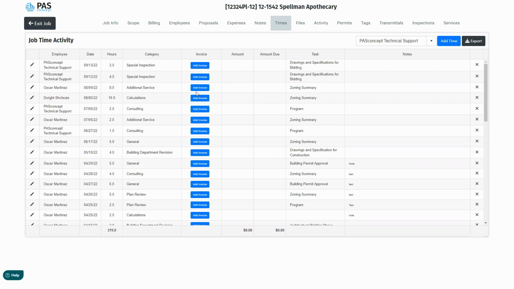Beyond that, of course, you can also filter this by employee if you so choose, and you can export it so that you can have this. Say, for example, if you needed to turn it in to your client to show proof of work, or if there's an audit or what have you, you have this information all in one place.